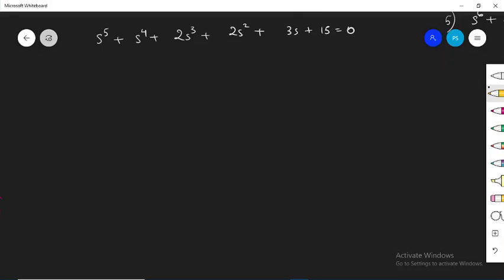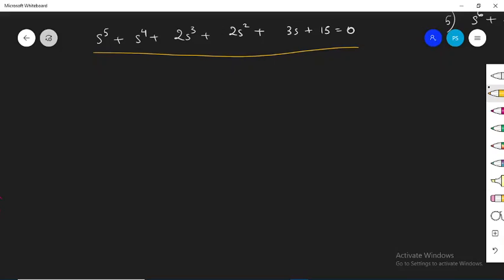Now in today's class I am going to deal with few special cases that can arise while you make the Routh array. So just look at this example that is given over here. You have this characteristic equation s to the power 5 plus s to the power 4 plus 2s cube plus 2s square plus 3s plus 15. So you have to make the Routh array, and the aim is to find the stability of the system, and if the system is unstable, then how many roots are lying on the right hand side. That is the aim. First we will quickly form the Routh array.